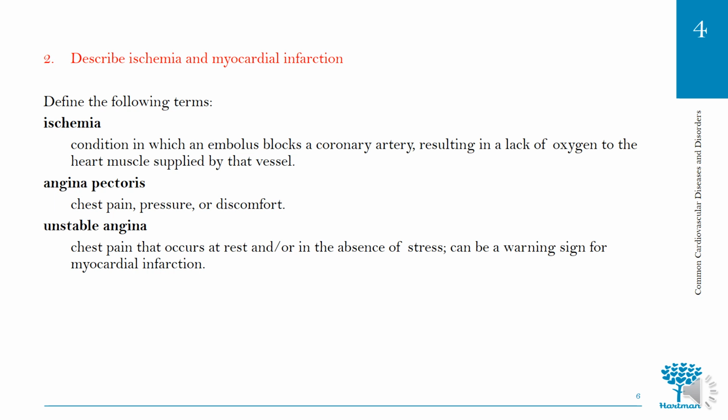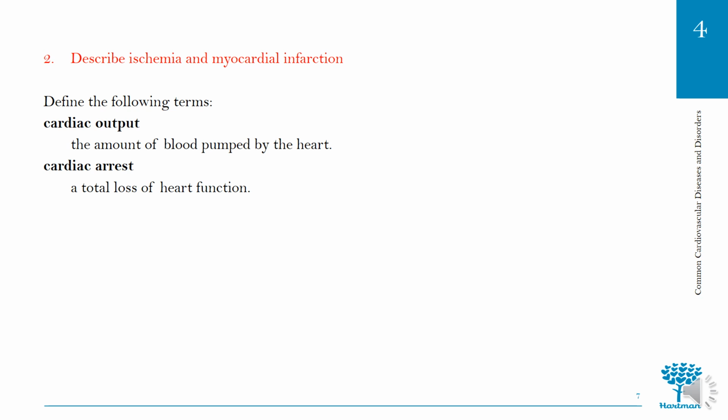So ischemia, which is the condition when the coronary artery gets blocked, which results in a lack of oxygen to the heart muscle. Angina, think about what that means. That's going to be chest pain. So cardiac output, if you hear someone say, oh, this person's cardiac output is this, that's the amount of blood pumped by the heart. And cardiac arrest, definitely know what that means, because if you hear that, that's going to